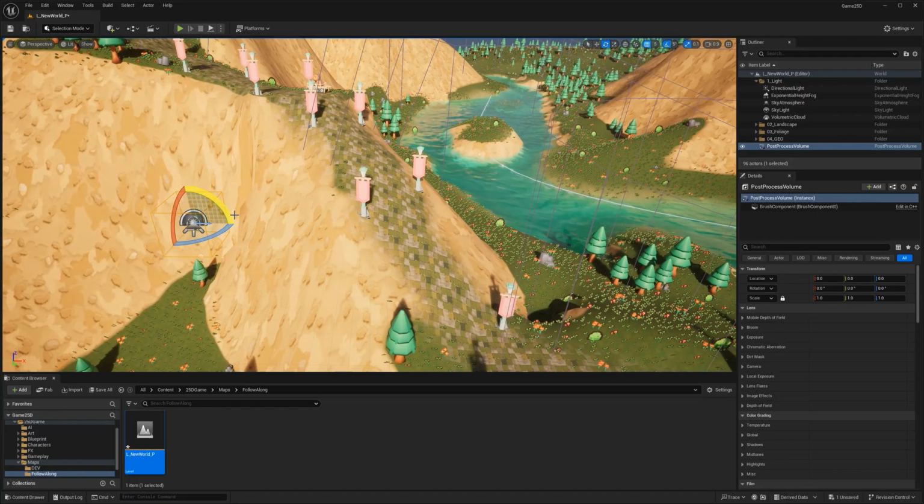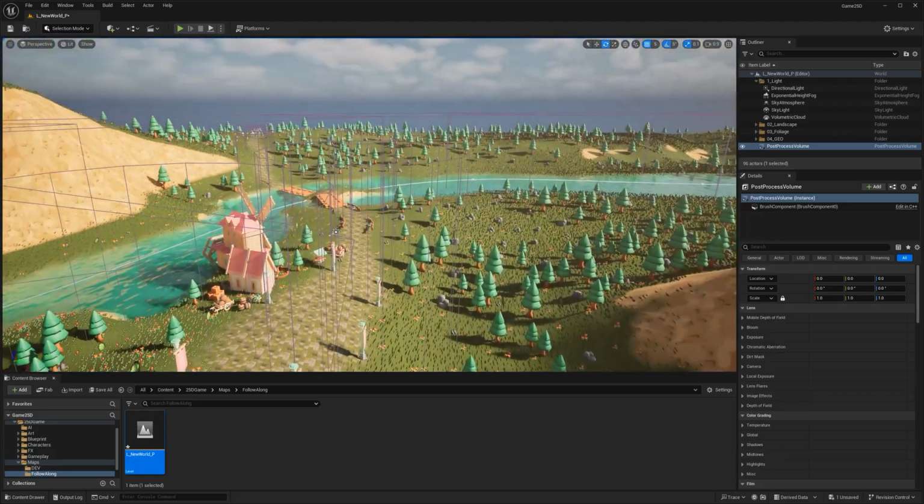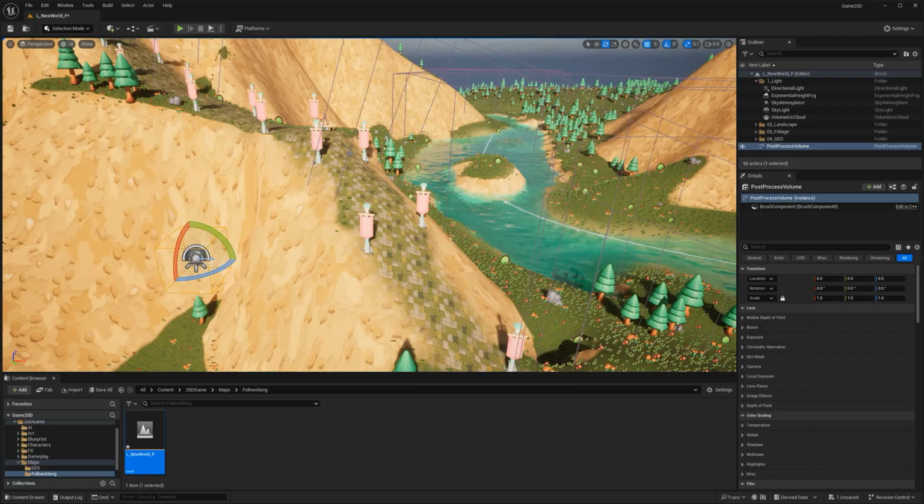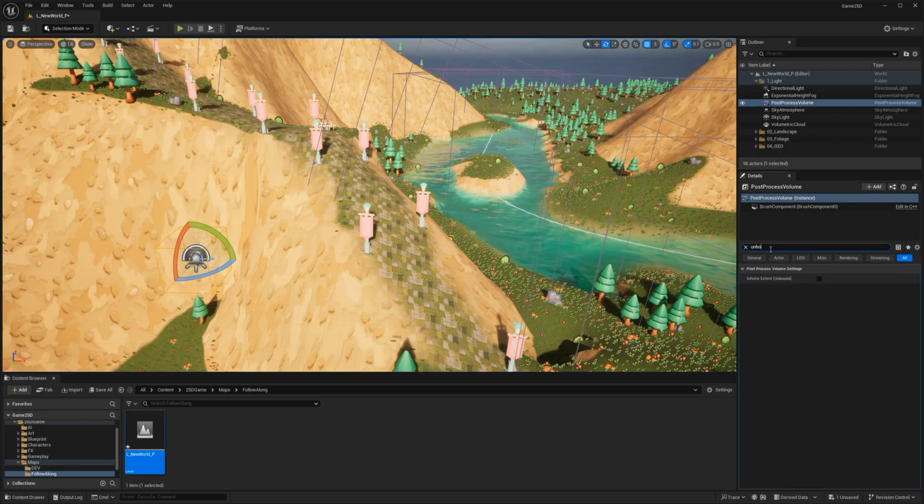You can even have it so that as it starts it compensates the temple area, and inside the temple is dark and the character walks out of the volume and then it's bright. You can do something like that. Maybe that'll be interesting for us to do. But for this one, which is going to affect the whole scene, what I want to do is go in the search here and look for unbound, which essentially means it's going to affect everything. It's going to disregard the area of the volume. It's just going to apply the effect on everything in the scene. So I'm going to enable it.